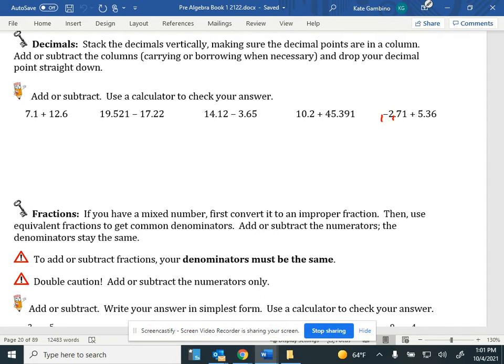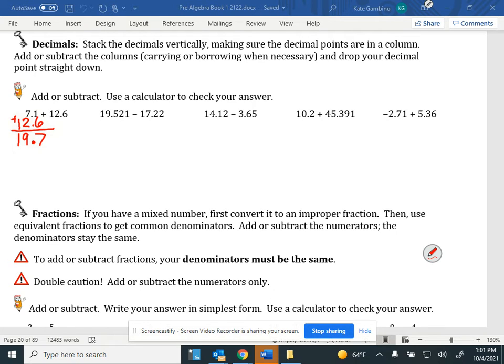So when they're written out like this, you want to rewrite it. So I would just go right under it and rewrite it like that. And then do my adding like normal, and then drop that decimal point straight down. So line up your decimal points. Decimal point should go from each part of the problem down to the solution. Yes? Right, so let's say so next one,